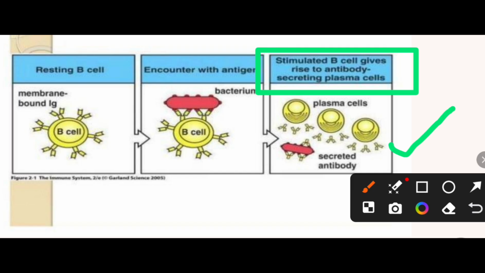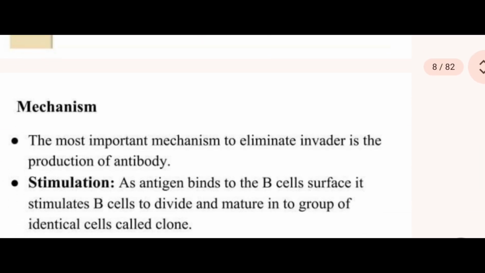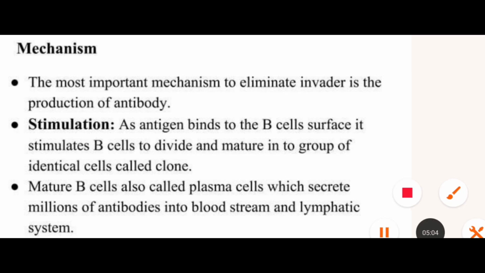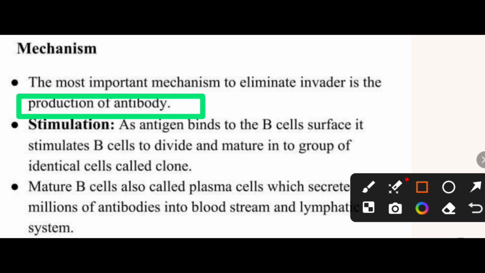So this is the workflow, that is, the resting B cell encounters an antigen and it combines with the epitopes of the antigen, and this stimulated B cell gives rise to antibody secreting plasma cells. Now what is the mechanism? The most important mechanism to eliminate invaders is by production of the antibody. So basically the production of the antibody takes place, and this is the most important mechanism to eliminate invaders